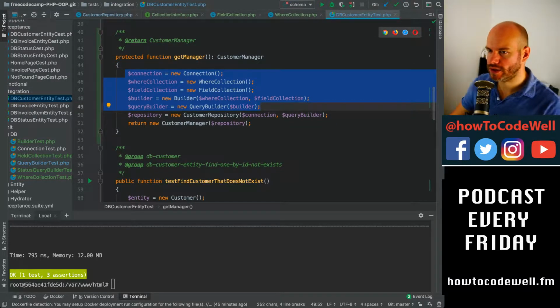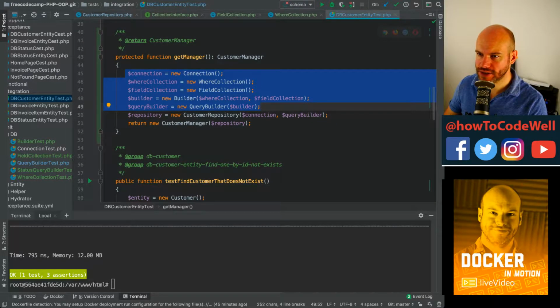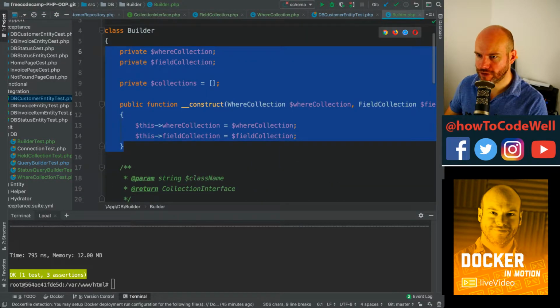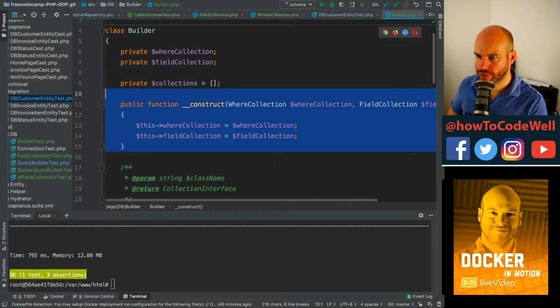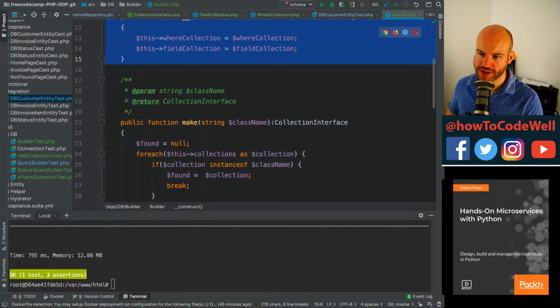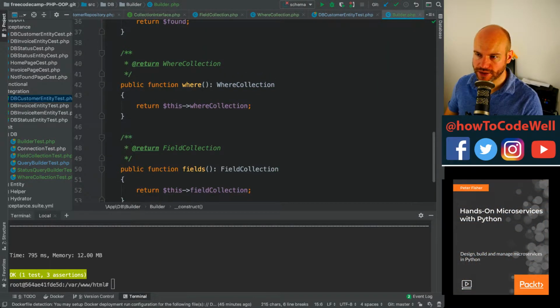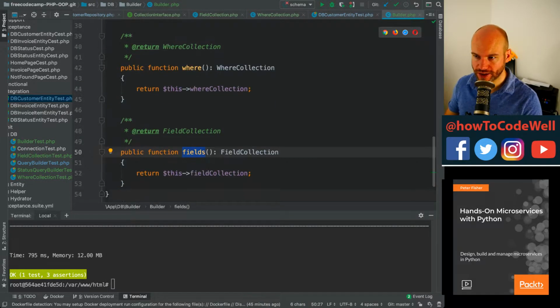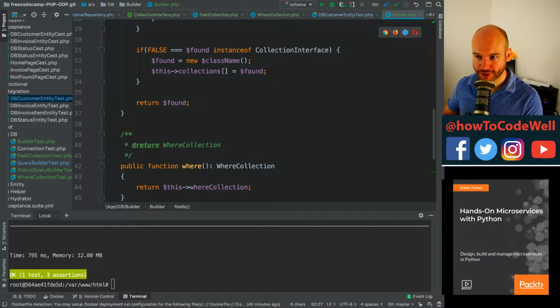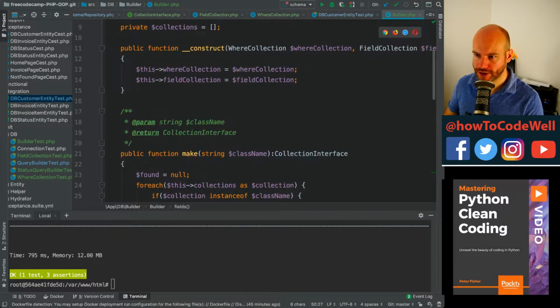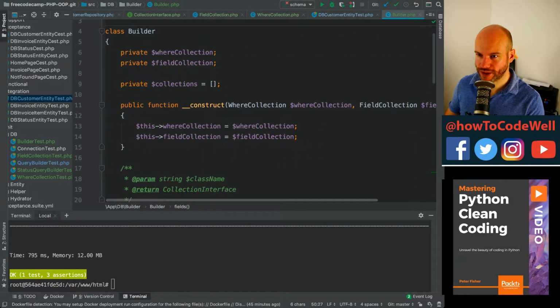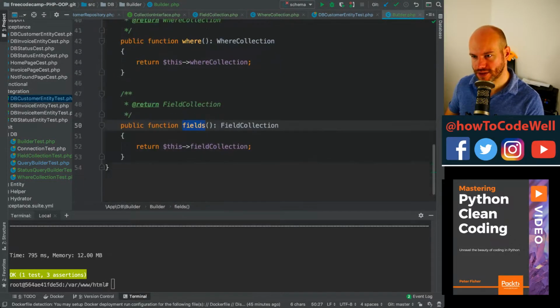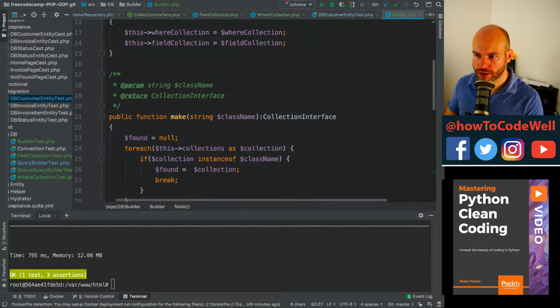What I'm going to do is the first thing I really do need to do is go back to the builder though and remove. I mean, thinking about it, what you could do is where we've got the where and where we've got the fields. This might actually make it a little bit easier to retrofit. Actually, yeah, I've got a great idea, I think anyway. Well, if it is a great idea, that's probably going to be the only one today. But what I'm going to do is